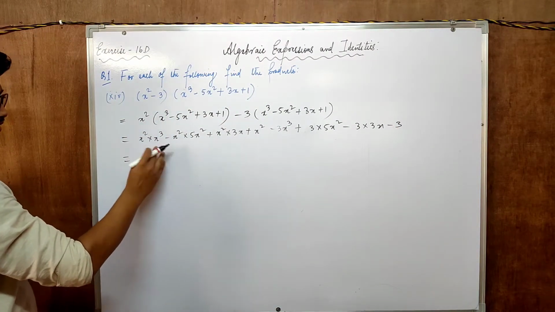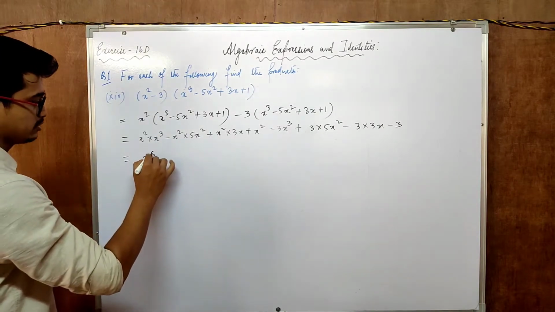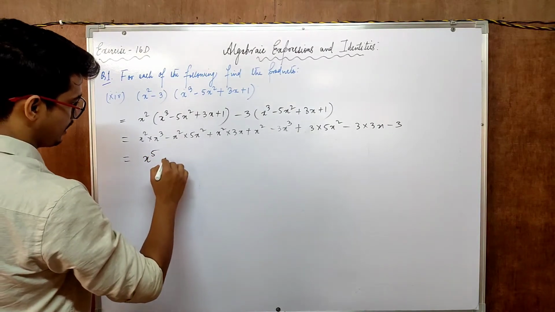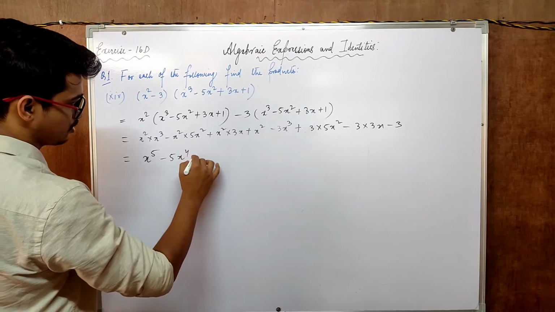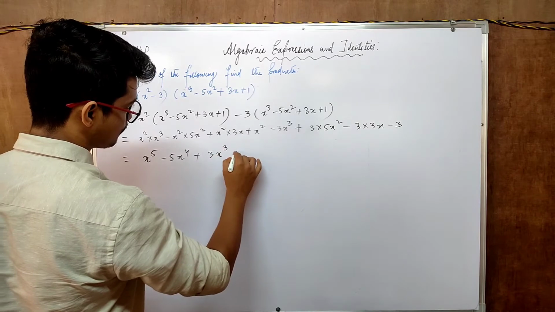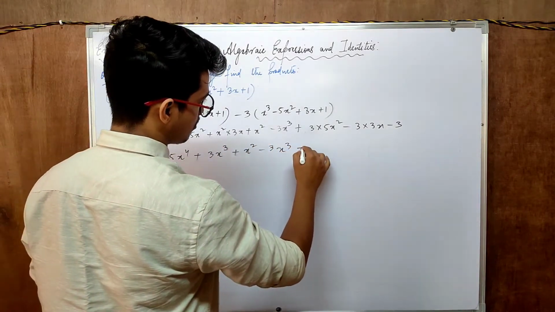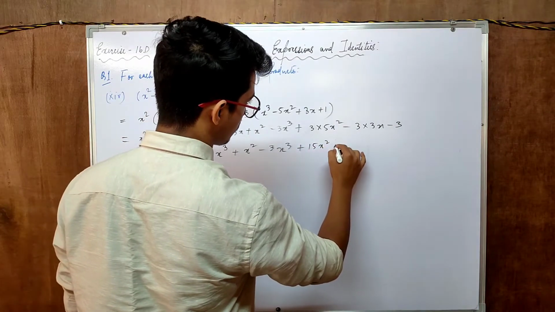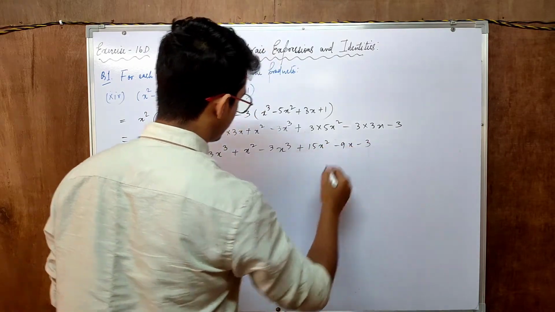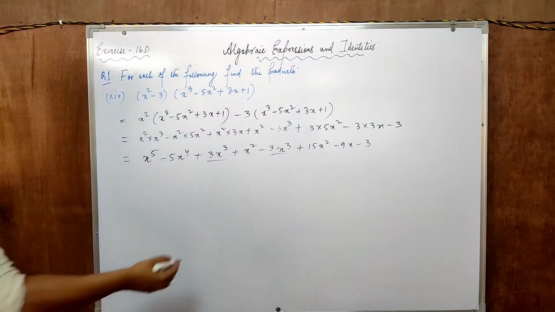Let's calculate this part. Both have the same base, which is x and x, so the powers will add up. So it will become x to the power 5, then x to the power 4, then 3x to the power 3 plus x square minus 3x to the power 3 plus 15x square minus 9x minus 3. If you observe carefully, 3x cube and minus 3x cube are there, so